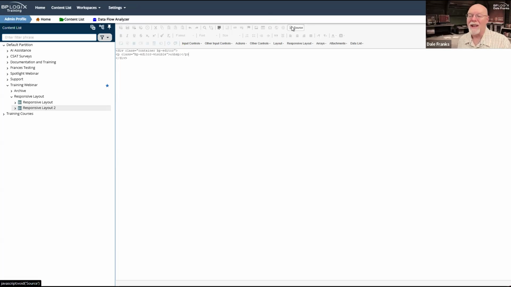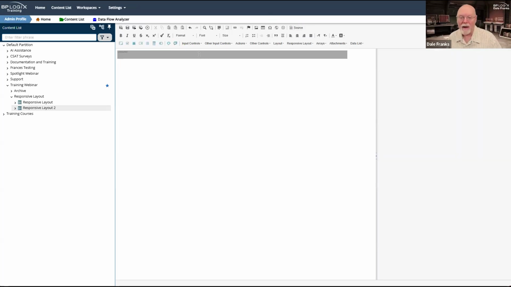We're going to do as little of that as possible today, but this requires way more knowledge than just building a standard Process Director form. It does require some expertise in Bootstrap and HTML to work. And if you make a mistake when you're placing your items inside the form, you may have to go to the source tab and delete things directly from the source tab to correct your mistakes.